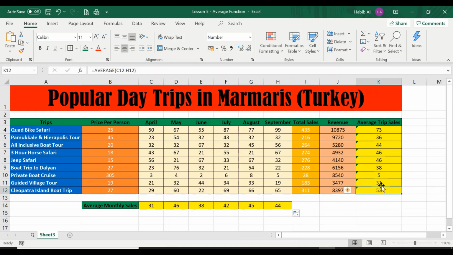And also remember, just like any other formula or function, if any of these values change, so let's say in September by mistake we put 99, the actual sales, let's say it was 19. So if I change the value of this cell, you will notice that the total sales will change, the revenue will change, as well as this average figure will also change. So let's have a look. I'm just going to type in 19 and press enter. There you go. So this one changed, and this one changed